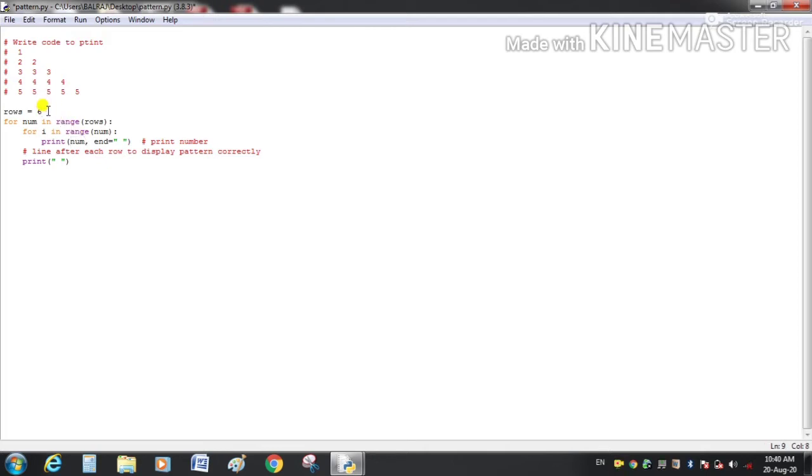For the fourth time, num will take the value 3, and this loop will execute for 3 values of i, meaning 0, 1 and 2, and our num is 3. It means we will get 3 three times here. So in this way we will get this output.